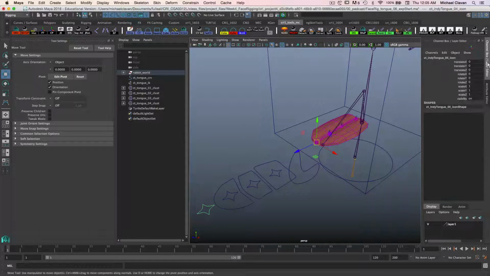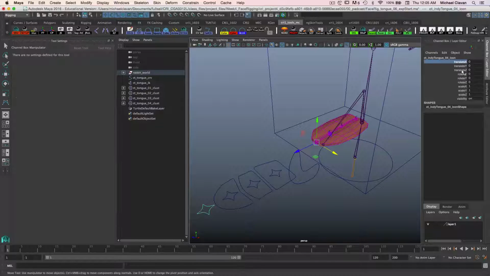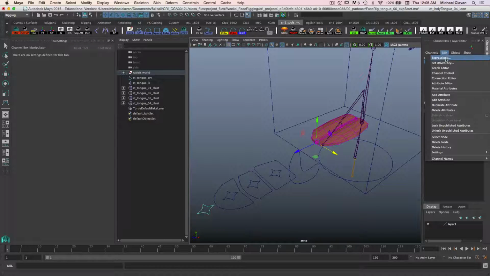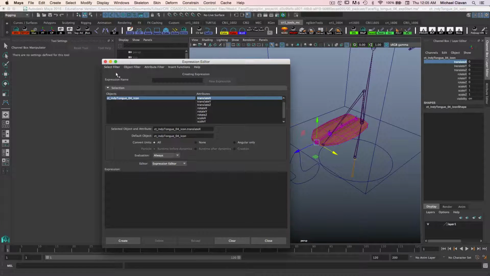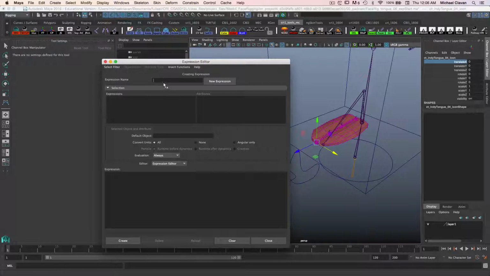So I'm going to go back to my channel box. I'm going to select any attribute in here, and I go to edit, and my expression one will be selectable. Okay, so by default, the expression editor is set to expression object attribute name. And this is awful because every time you select something, it's going to erase all your code that you're going to put in here. So I'm going to put expression by name in here, and I'm going to type in here tongue